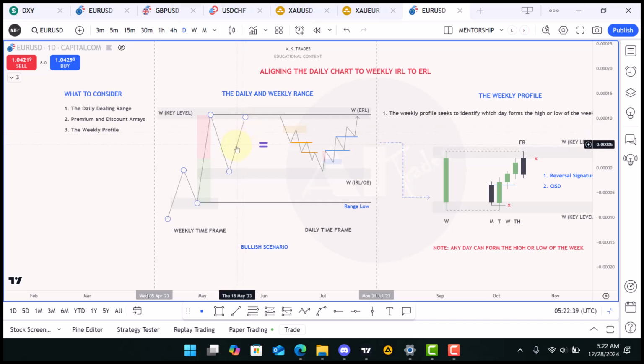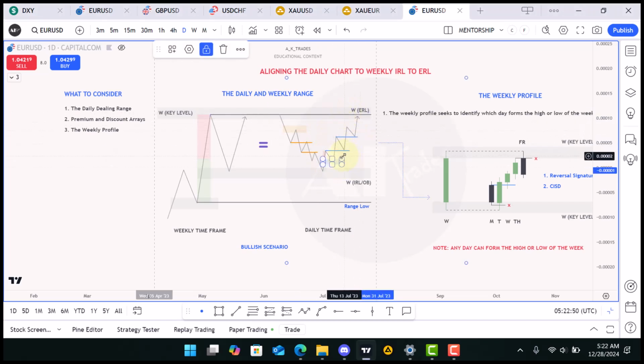So this bullish weekly candle, this is how it will behave on the lower time frame or the daily chart. So when we arrive at the weekly internal range liquidity or order block, you expect that price is going to respect this zone on the lower time frame,